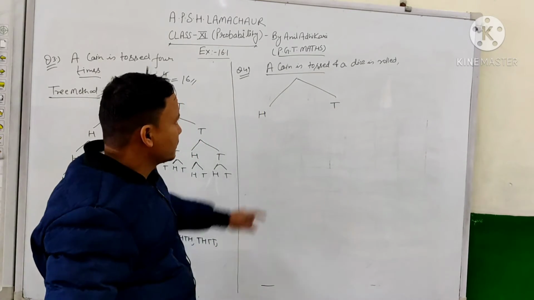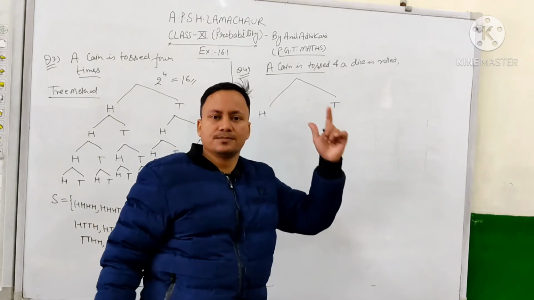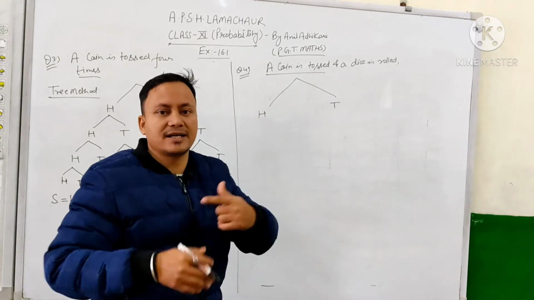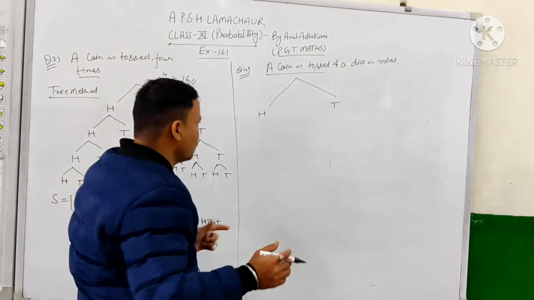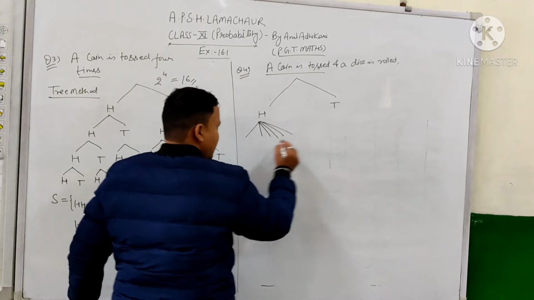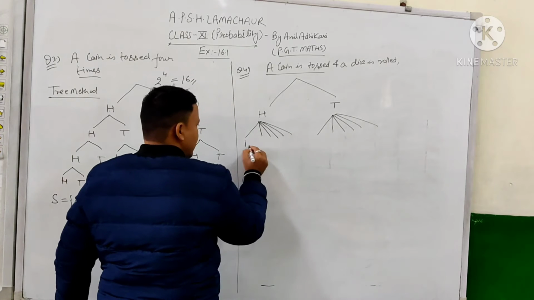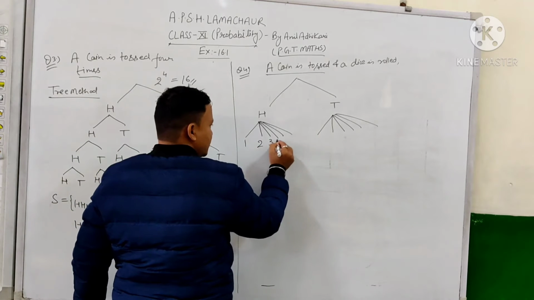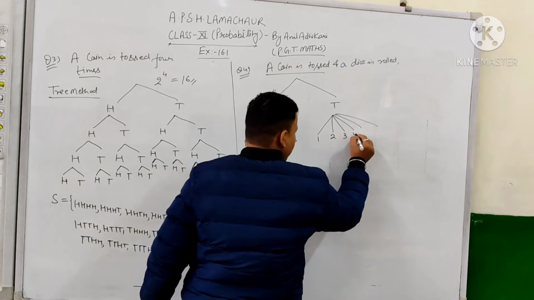Okay. Now, see, the coin is tossed and simultaneously a dice is thrown. मतलब कॉइन तो टॉस हो ही रहा है, उसके साथ डाइस भी थ्रो हो रही है. तो बेटा डाइस थ्रो होने पे 6 आउटकम्स आर देयर. So there will be 6 outcomes, and there will be 6 outcomes, whether it will be 1, 2, 3, 4, 5 and 6, and similarly here 1, 2, 3, 4, 5 and